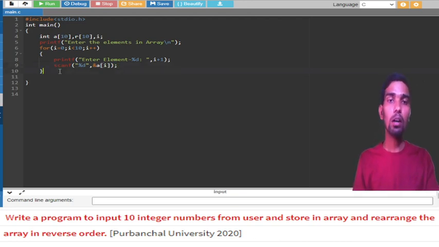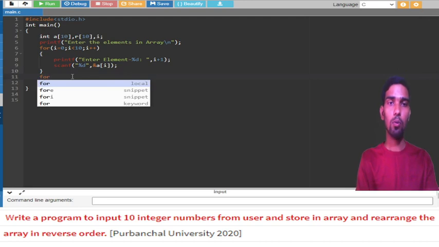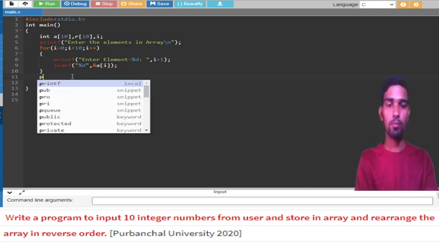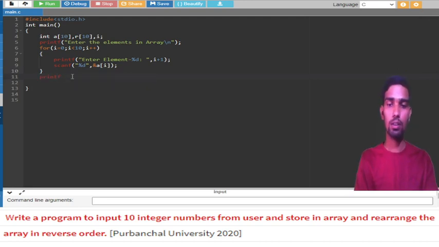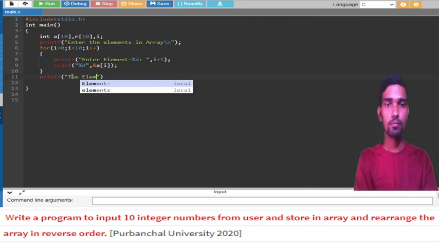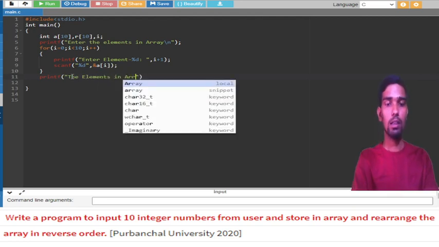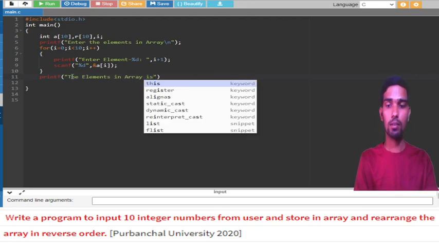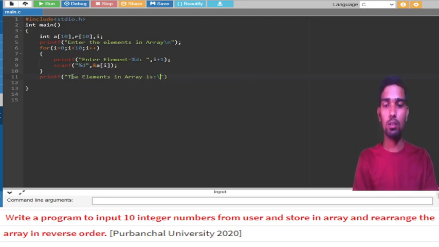Once we are done with this, what do we have to do? We have to print the array. So let me print "The elements in array are", then go to a new line. How many do I have to print?